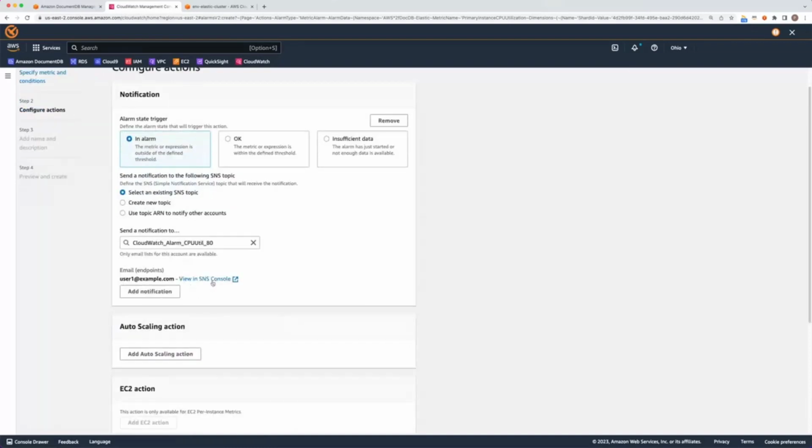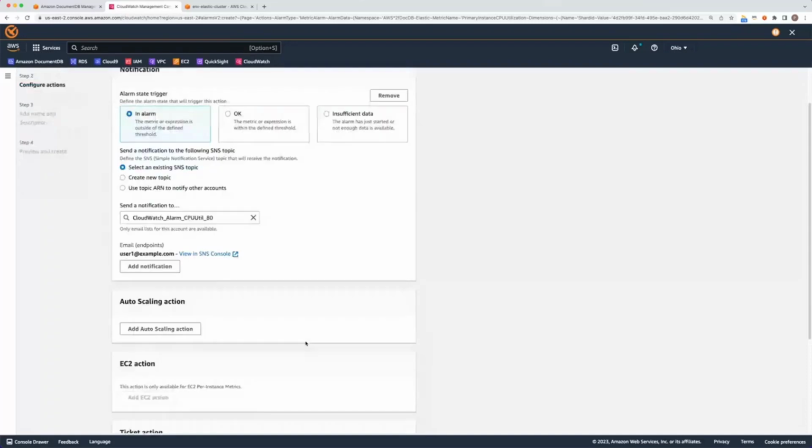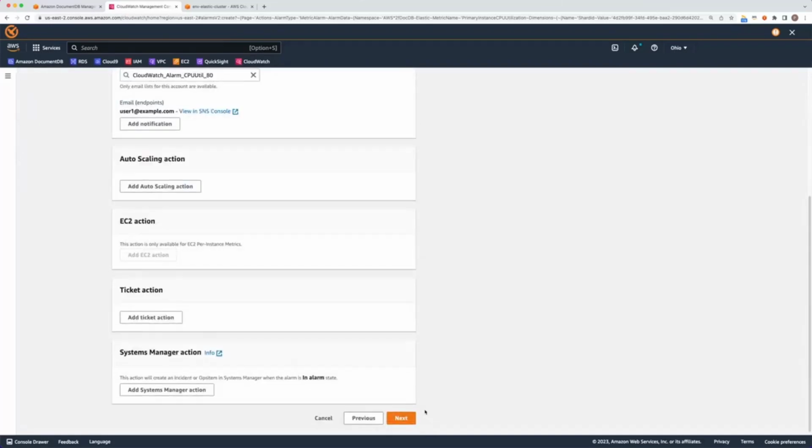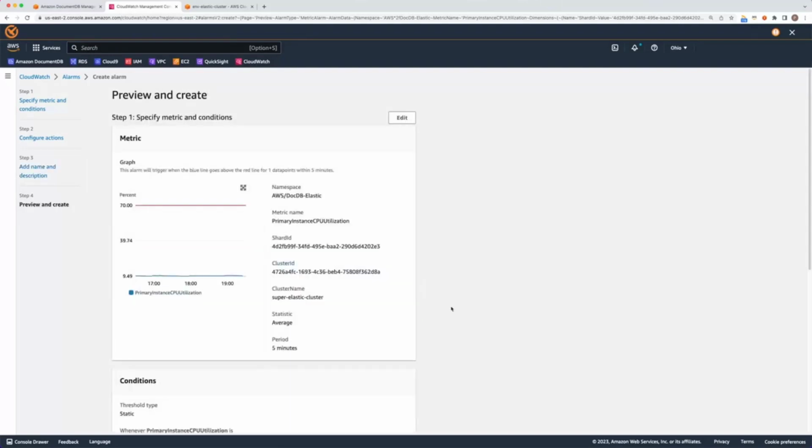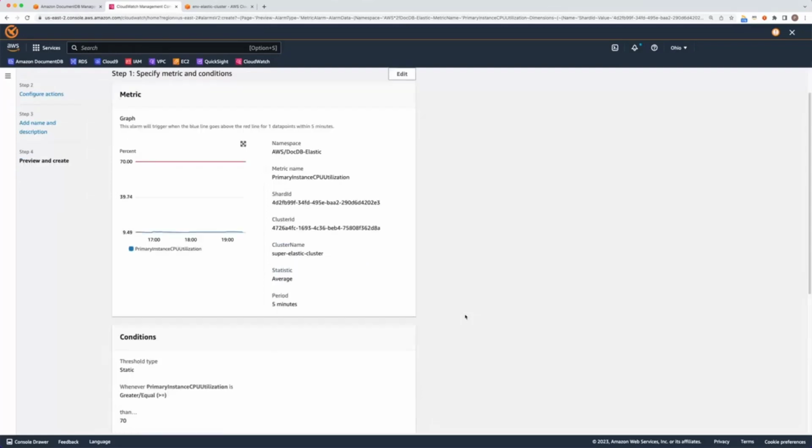Make sure that you head over to SNS console and go over the final integration steps to ensure that the alarm notification is sent to the email listed here. Finally, provide it a name. So I'm going to call it demo alarm. I'm going to skip this part, but make sure that you add a description here too. There we go. This is our first alarm